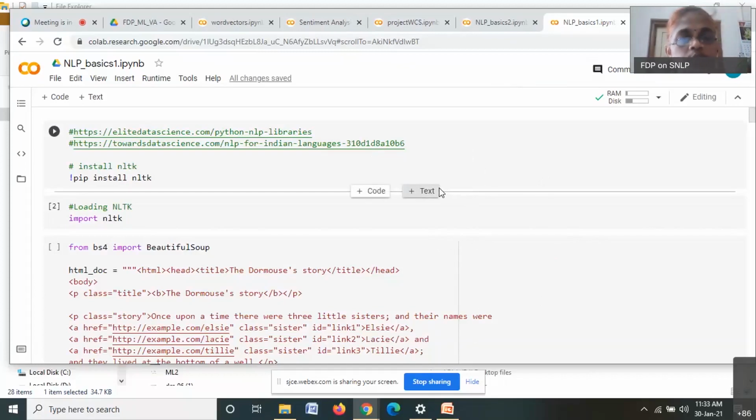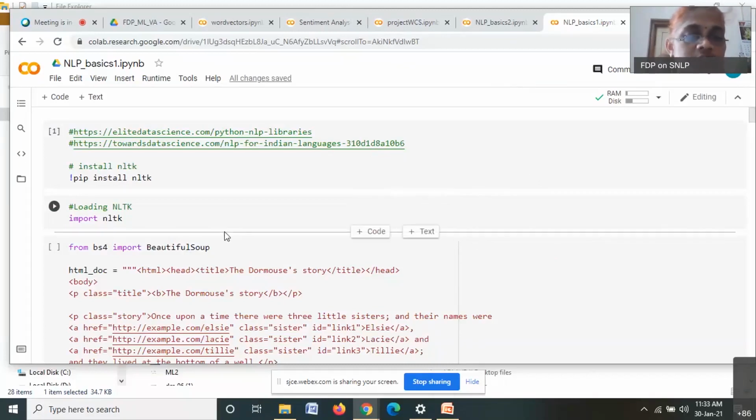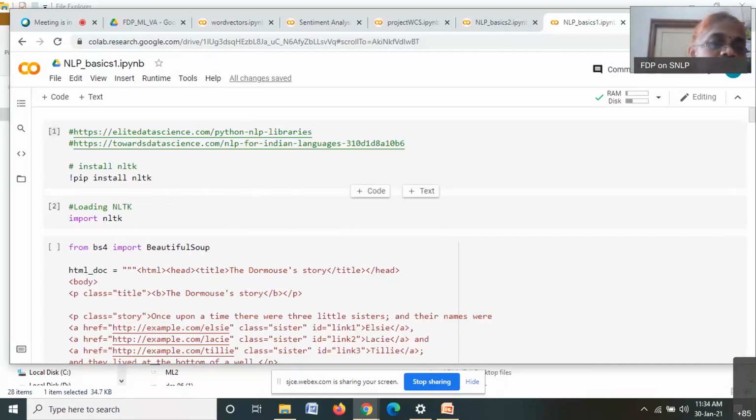To start with, I'll introduce some basics or some pre-processing activities with respect to NLP, because we need those things to create the applications. One important point on Colab is that the Python environment is there, but libraries are not. Some default libraries will be there, but whatever explicit libraries you want, you have to install and then import. That is the only thing that Colab demands.